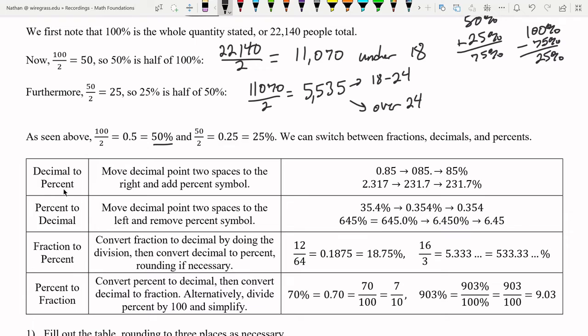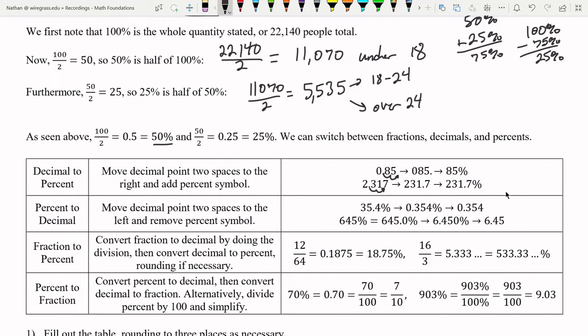To go from a decimal to a percent, it's very easy. All we need to do is move the decimal point 2 spaces to the right. 1, 2, and then add a percentage symbol. There's no point in writing that beginning 0. We can just drop that. For this one, we just move 1, 2 spaces. We get 231.7. So just add the percent symbol,